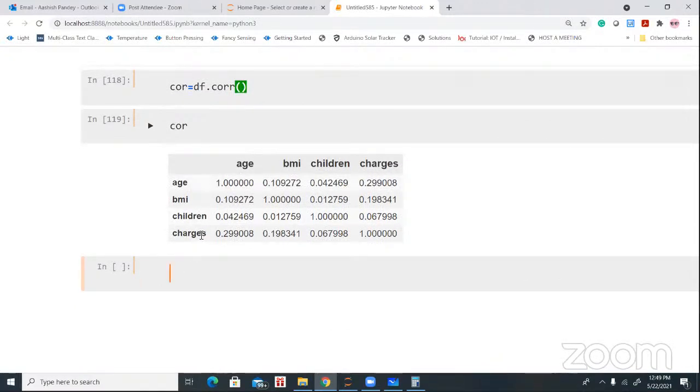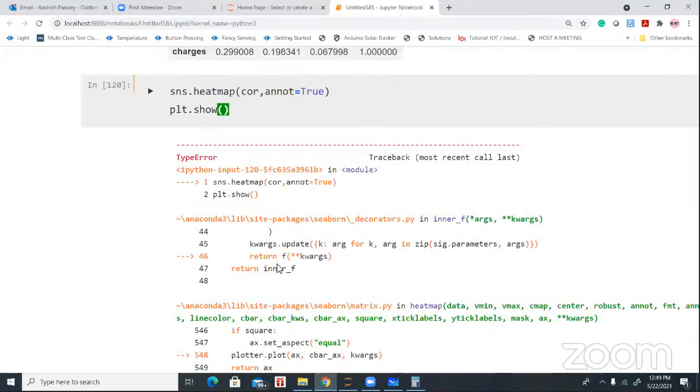Now, in order to visualize it, whenever you have a matrix or table format of data, you can use a hist plot, or sorry, my bad, a heat map. So use a heat map, and you can define your correlation, and then plt.show. So here, everyone,